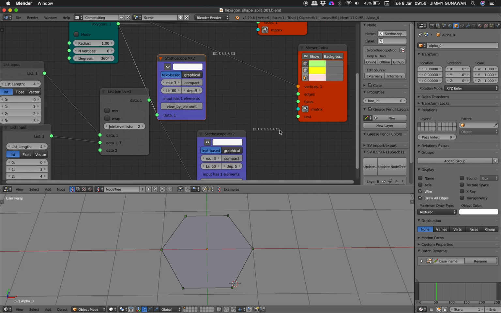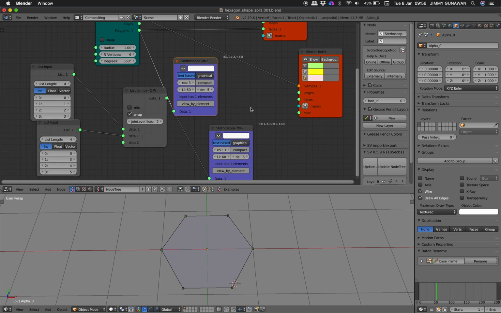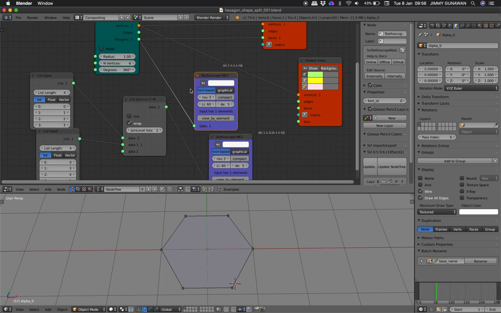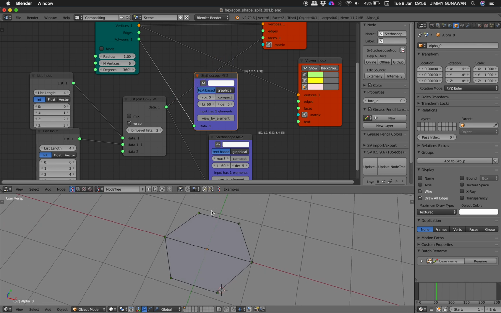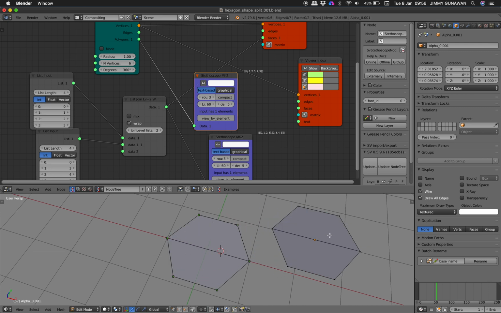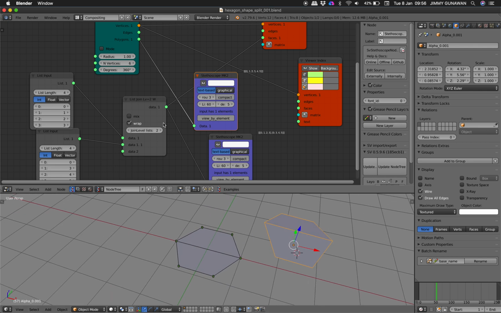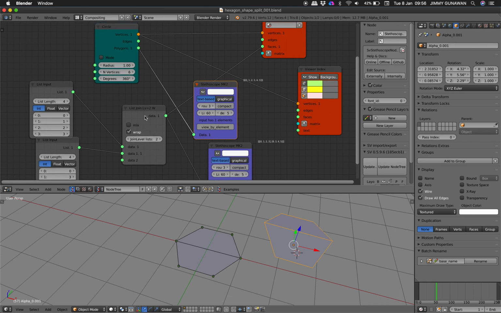Okay, the data is incorrect, however. We probably need to wrap it, and so this one should definitely work. There we go, we get a split. And this split, if I duplicate it, is still a single object, right? And we can select the face and separate it. No, we cannot. But we have two faces anyway, and we can separate the face ourselves, or we can also